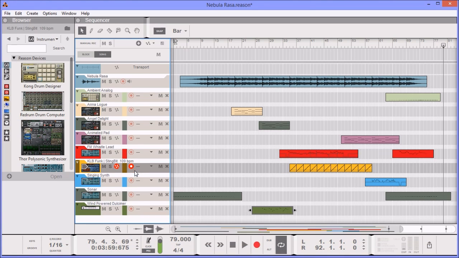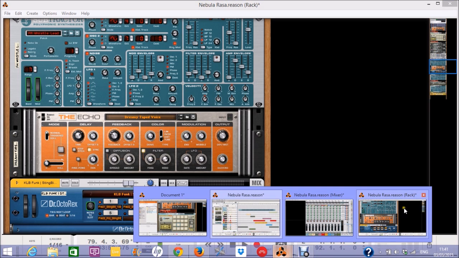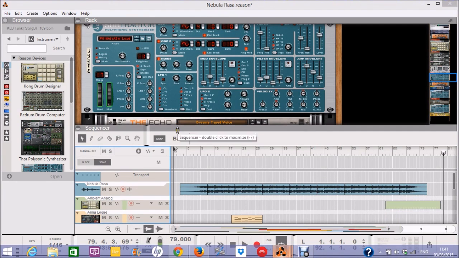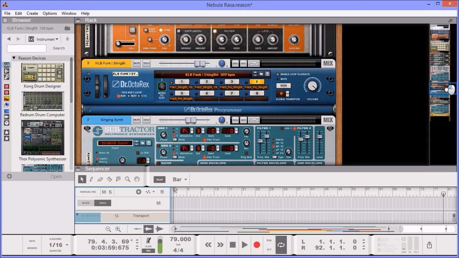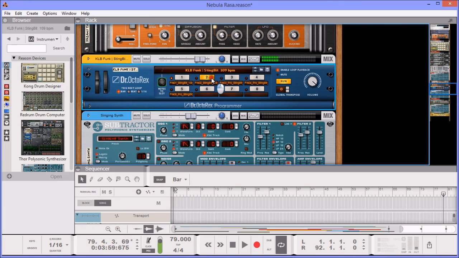Yeah, oh yeah, that was the funk kit. I'll just close that and then I can have my rack back on here. So somewhere here is. It is there. So it was just, I think, maybe I think it was this one. Could have been that one. Anyway, so that was really nice as well.